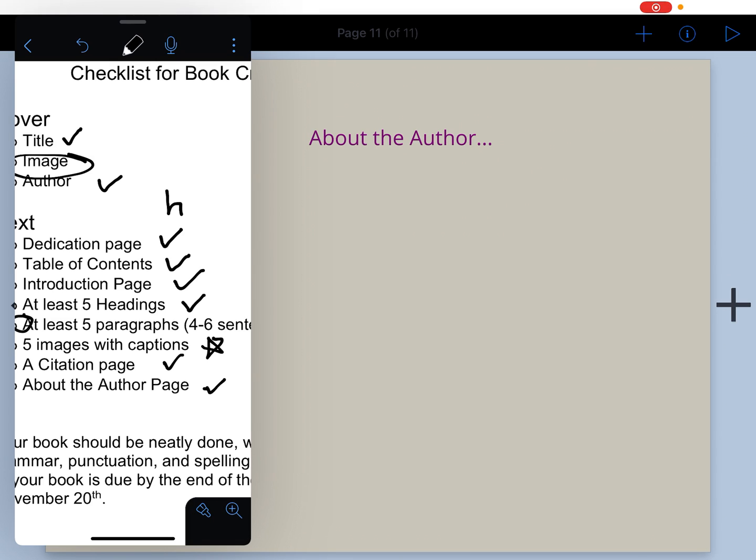So this is where we're going to stop today. Once you put in all of your headings and set up your book, again, you can go around and play with some of the settings and how it looks. And we will tune in tomorrow to talk about how to write